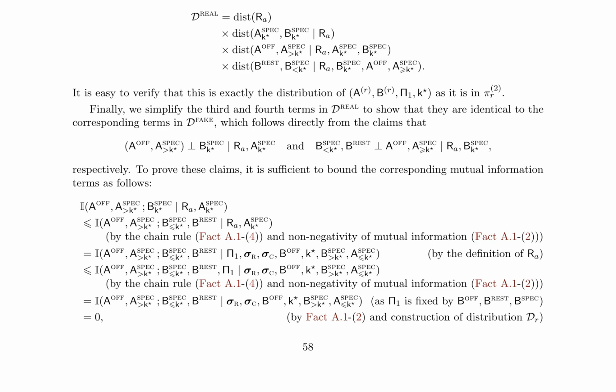The construction of the protocol pi r1 and the comparison of the distributions dfake and dreal are crucial steps in establishing the guarantees of the protocol. The results show that the protocol pi r1 is a valid R1 round protocol for AHMR1, and the guarantees of the protocol are similar to those of pi 2, R.